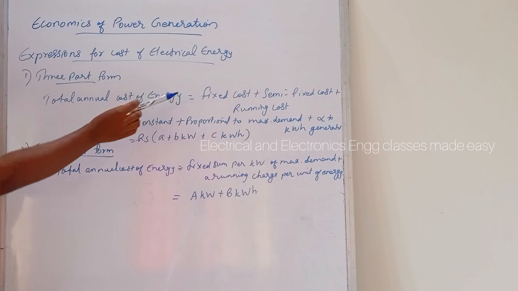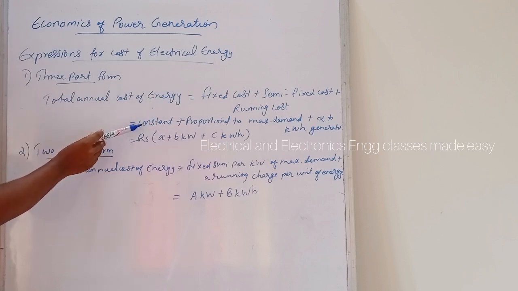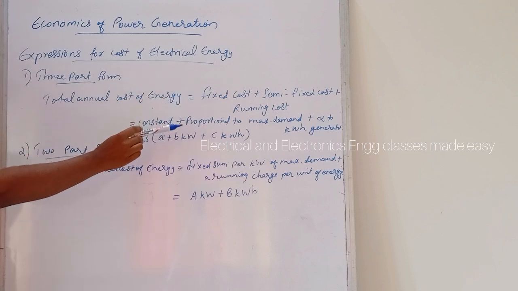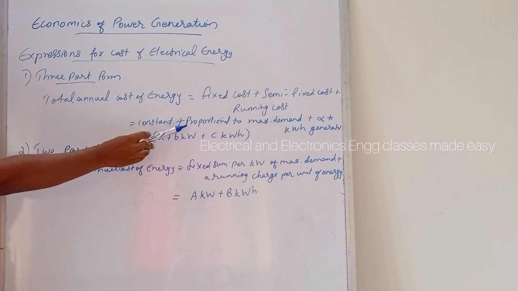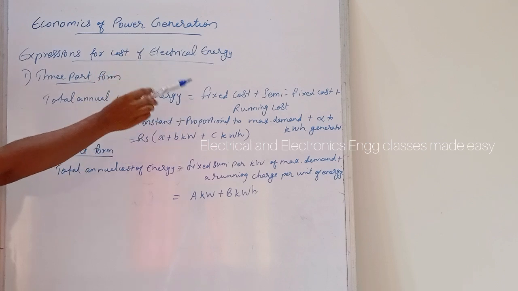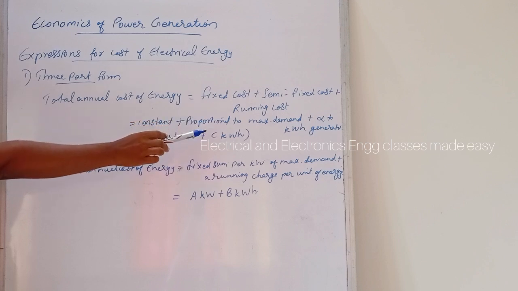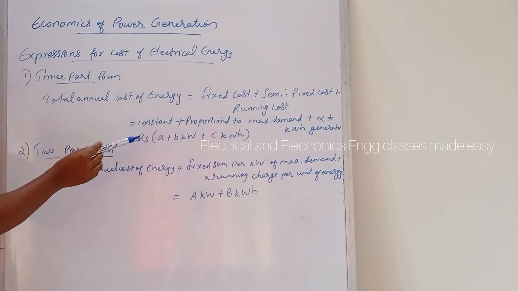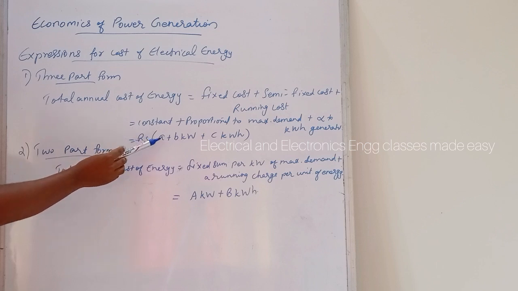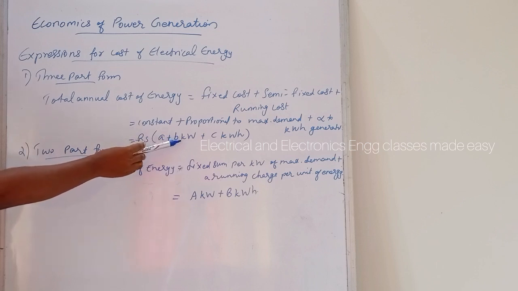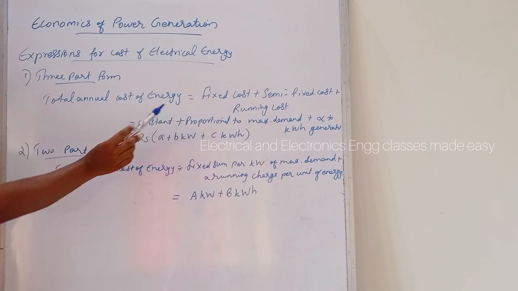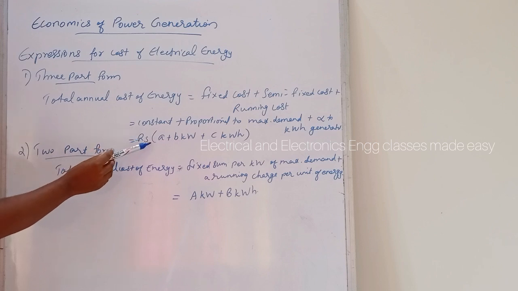And here fixed cost is constant, then semi-fixed cost is proportional to the maximum demand, then running cost is proportional to the kWh generated. That is, we can write rupees A plus B kW plus C kWh, where A is